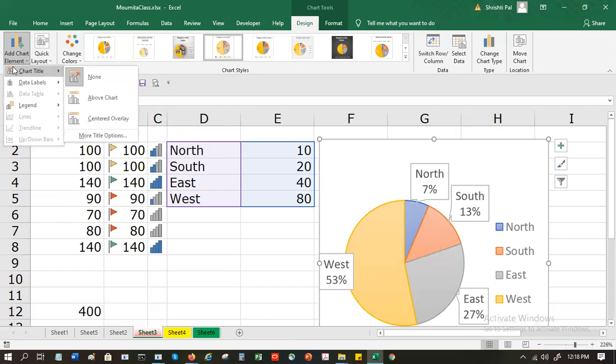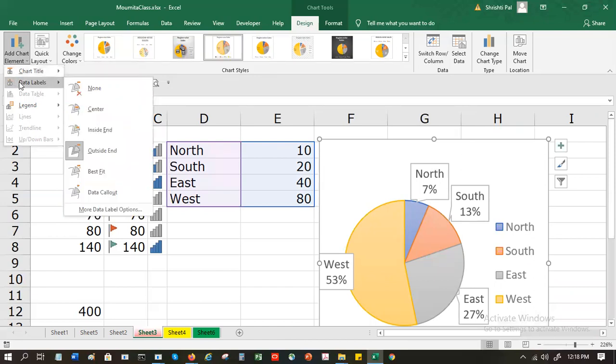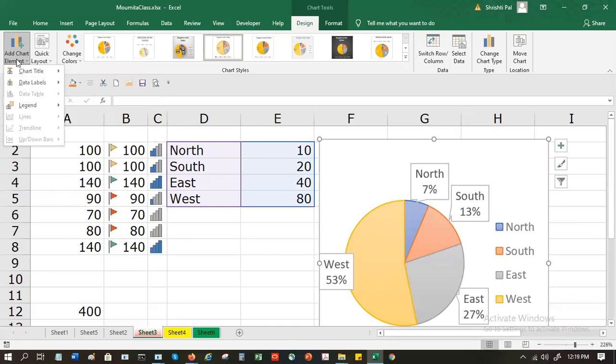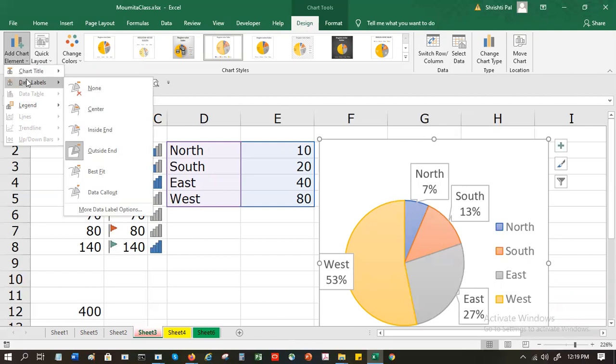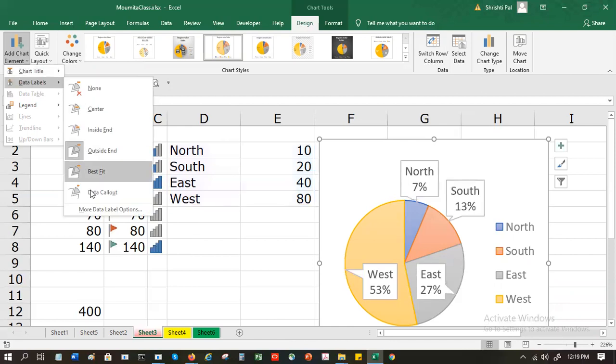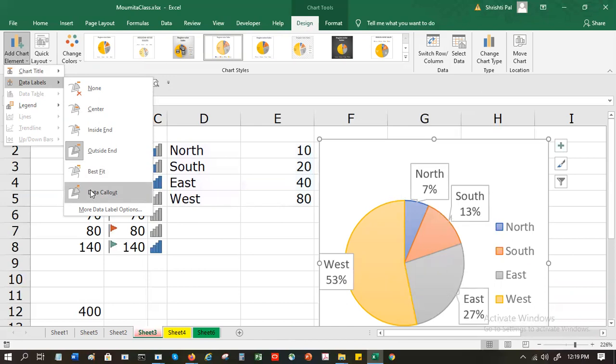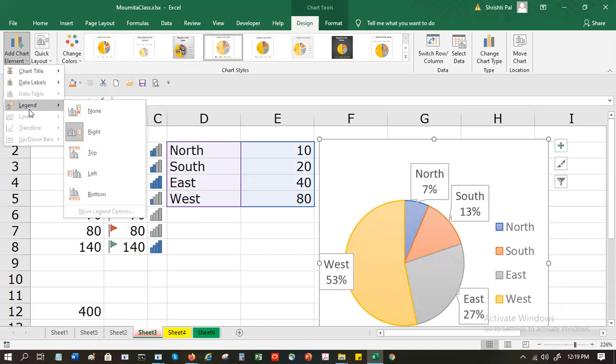I'm going to each of these options individually and showing you which one you need to use. Whichever one you like, you can use that basically. I am always able to make a better choice if I can see it. So I go through each one of them, see which one looks good, and then I make the choice.